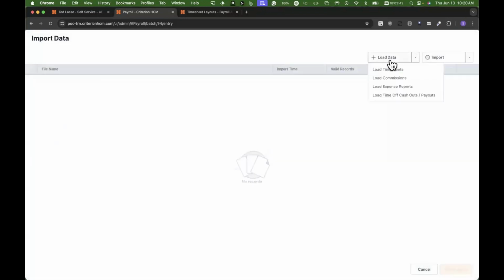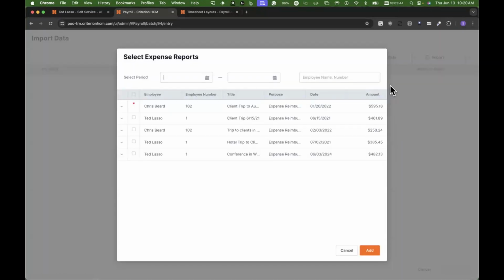ahead and do a load data of my expense reports. So this was another enhancement that we did: right now, we don't put a period in here anymore. We used to put in the pay period. You'd have to come in and clear it out or change the date range to find the ones that had not been already brought in, which could be a little bit of a pain in the neck because, like I said, sometimes they do it on a monthly basis and it's not the current pay period. But now that I don't have this, I'm able to see all of the ones that have been created,